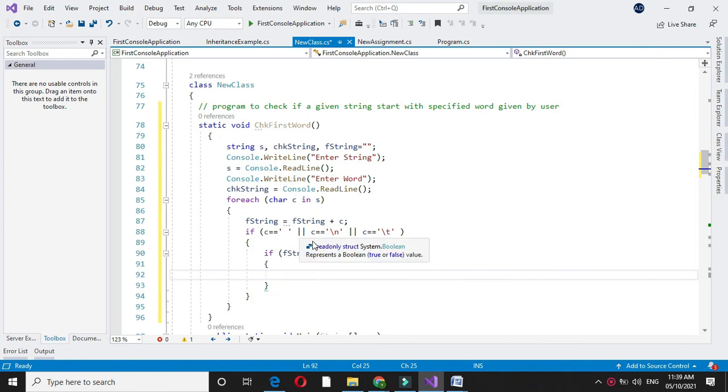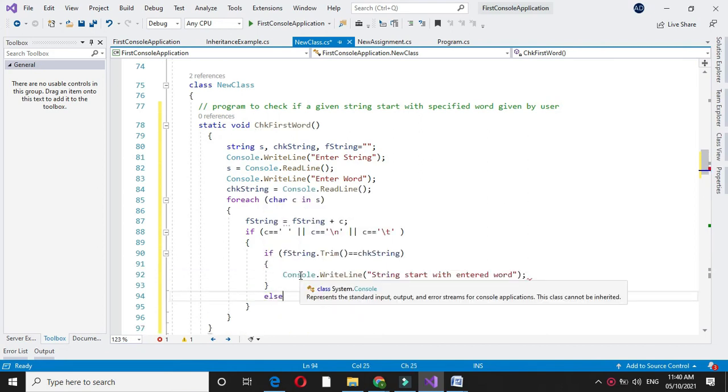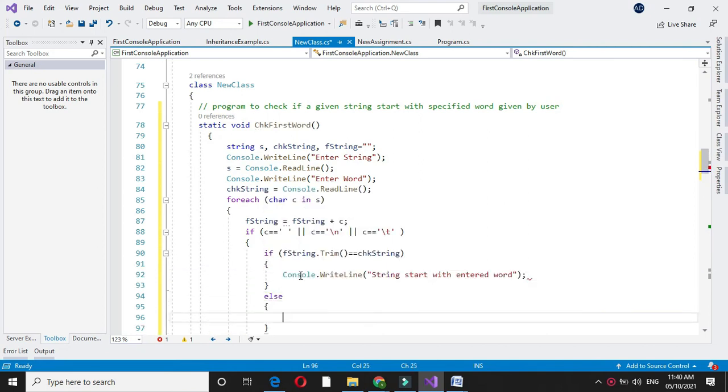That is, the entered word and the string that we have created from character, if it is same, we will print string start with entered word. Else we will print string not start with entered word.